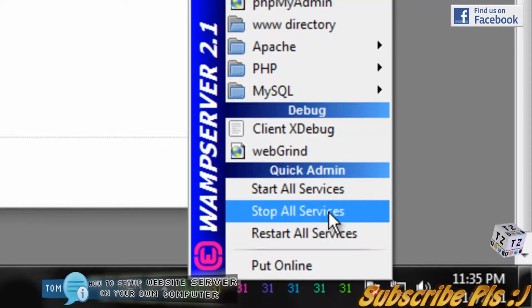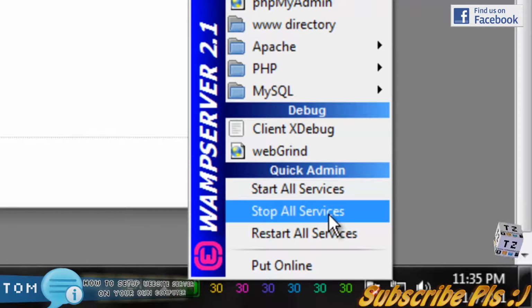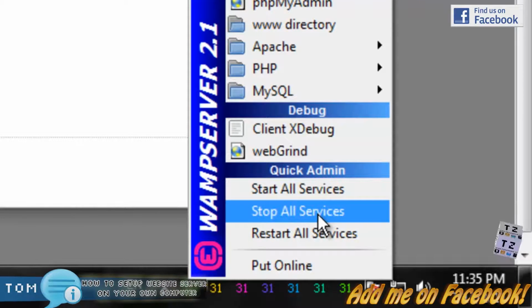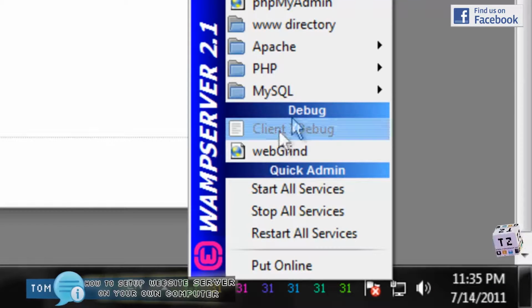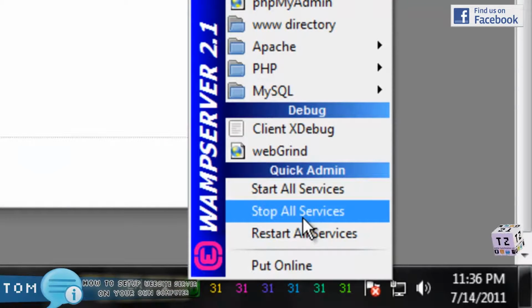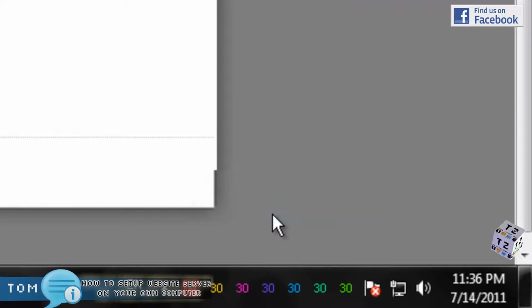So one of the things I like to do, because now we have to set the password for the MySQL database. This is assuming you don't have MySQL Server already installed on your computer. If you do, please uninstall it, and be sure to back up any MySQL databases before you uninstall your MySQL Server. So assuming you don't have any MySQL Server on your computer, click Stop All Services,